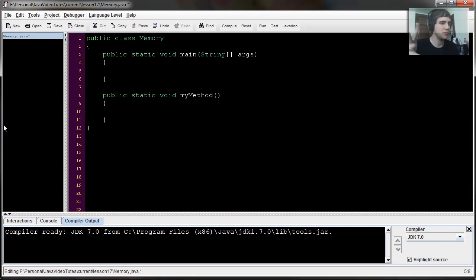So the heap is kind of this one big blob where just a bunch of data is stored, and the stack is an area where not only data is stored but also information like which function you're currently in, or the return address, meaning when you jump out of a function, where does it go back,